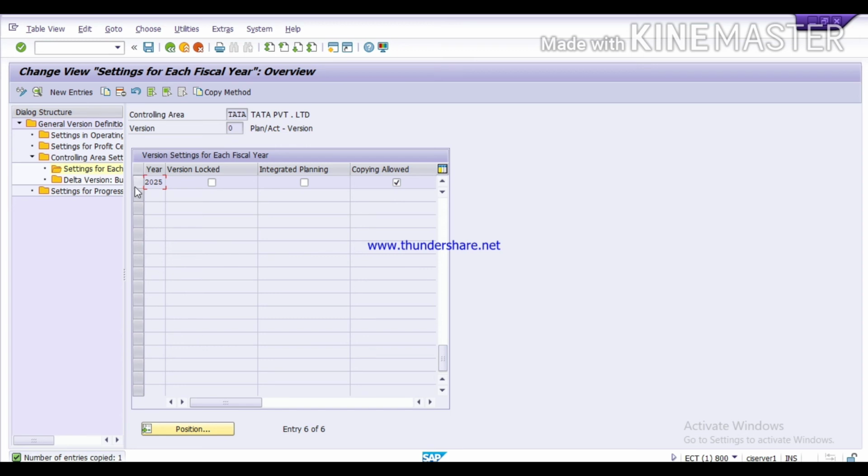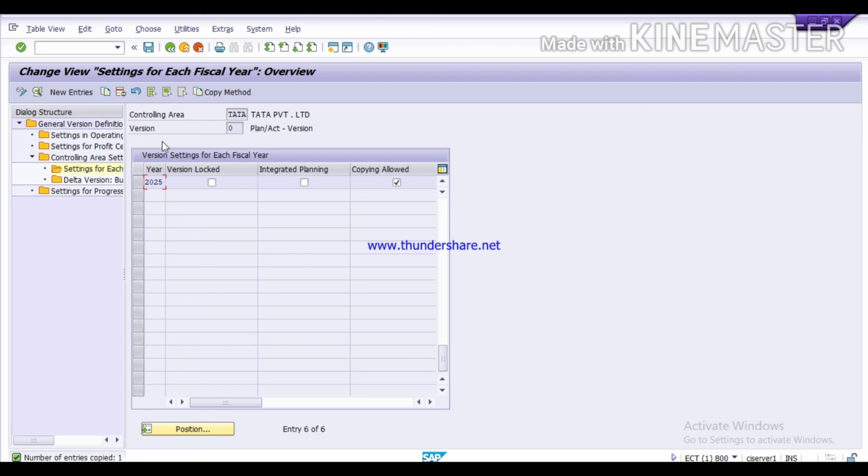If you have not created for your coming fiscal year, like 2025, then the system will show you an error. So it is a year and activity which you need to perform. You can perform more than one version at one time also. So like you can create at a single time for 2025, 2026, 2027. So it will help you, and you need not create again and again.